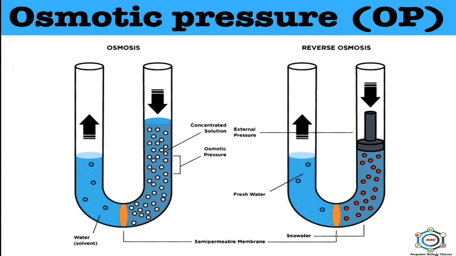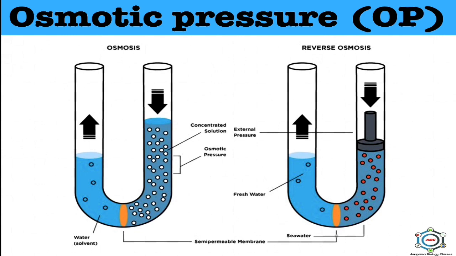The osmotic pressure of a solution largely depends upon the ratio between the number of solute and solvent particles present in a given solution. For example, a molar solution of sucrose has an osmotic pressure of approximately 22.4 atmospheres at 0 degrees centigrade. However, a molar solution of sodium chloride has almost twice the osmotic pressure of a molar solution of sucrose. This is because sodium chloride is an electrolyte and dissociates almost completely into sodium and chloride ions, whereas sucrose or glucose molecules are non-electrolytes and do not dissociate in water.